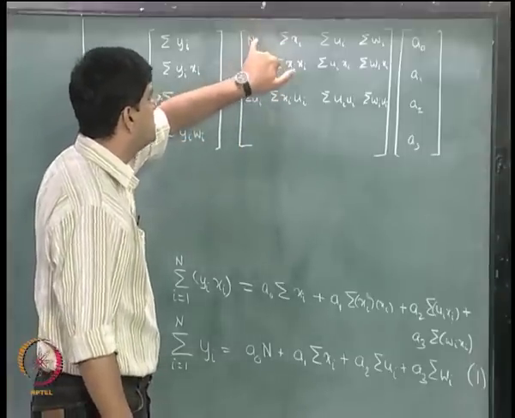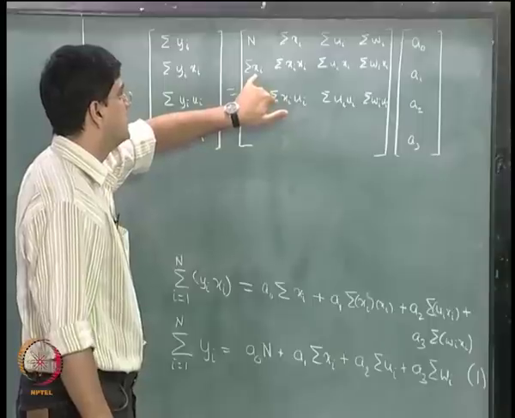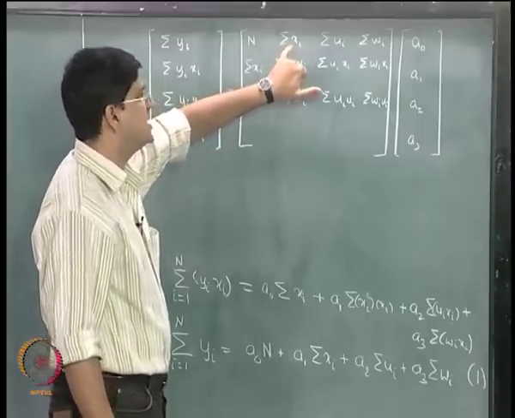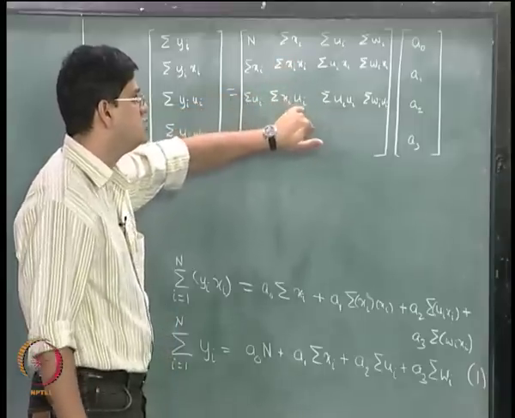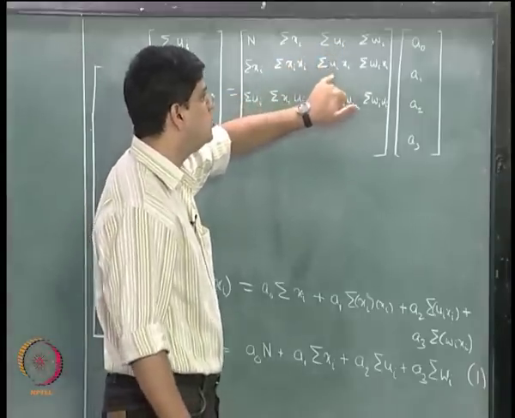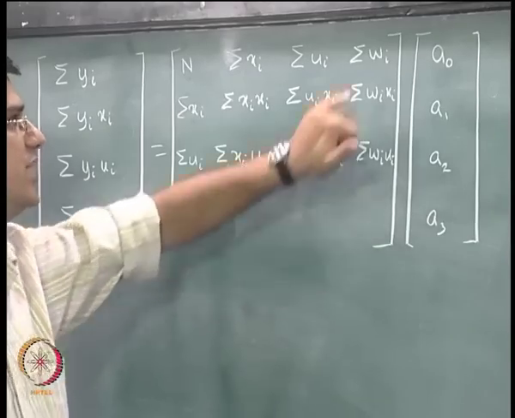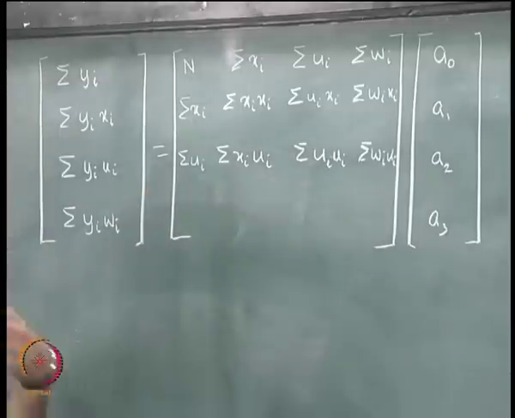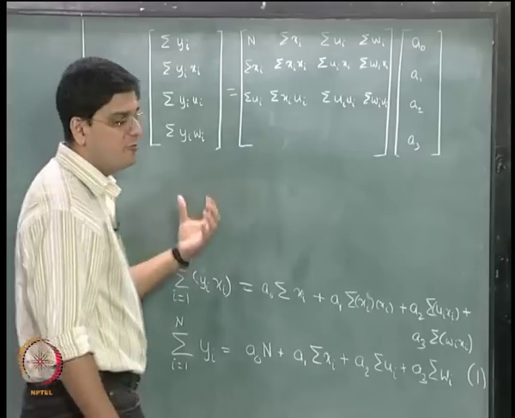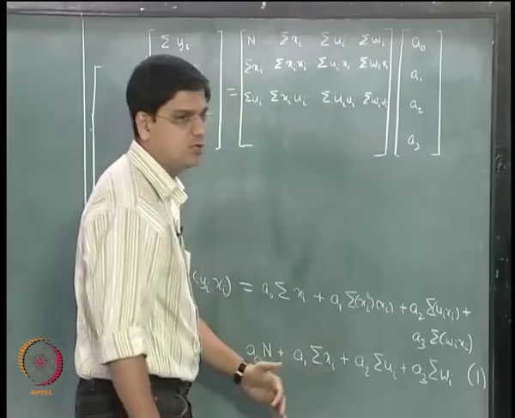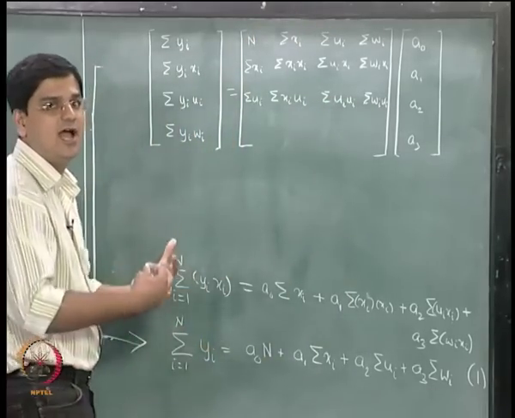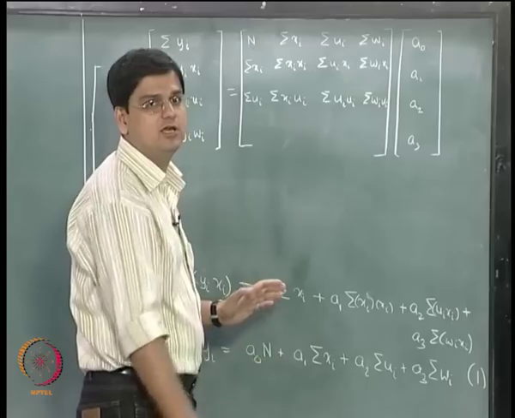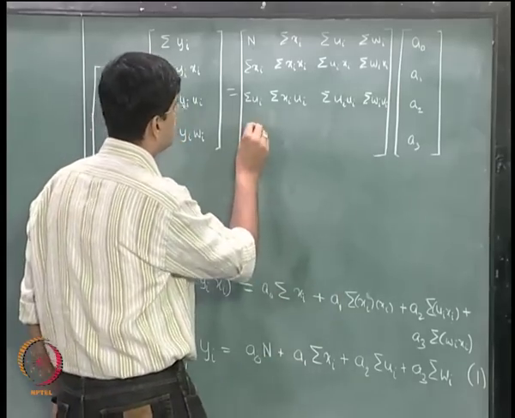This is summation of 1, which is n, this is summation of xi, summation of ui, summation of wi. This next row is summation of xi, summation of xi xi, xi ui, xi wi, ui xi, ui wi, wi xi, wi wi. It follows a consistent pattern, which you can keep continuing if you have multiple variables, and the same type of expression you will get in n equations and n unknowns also. So